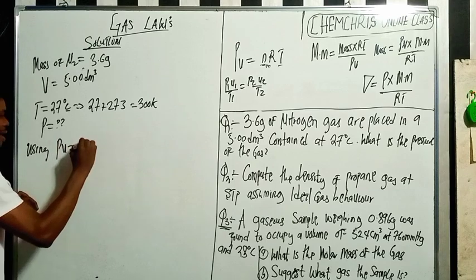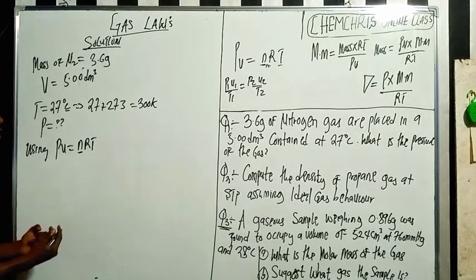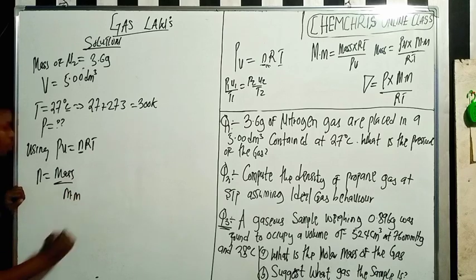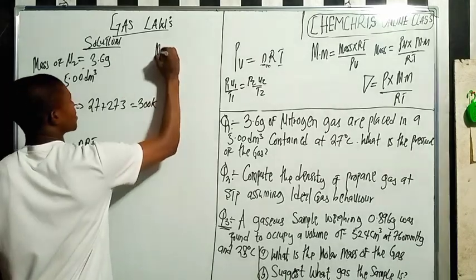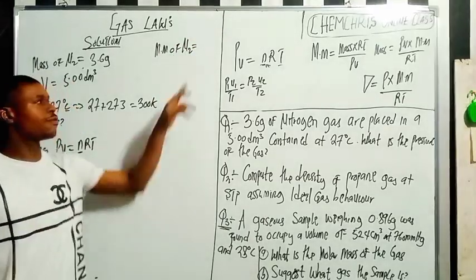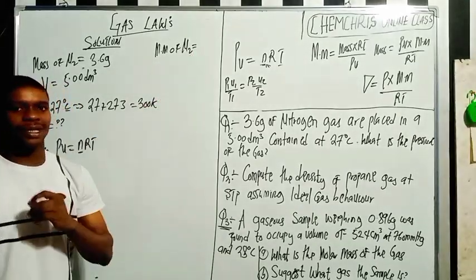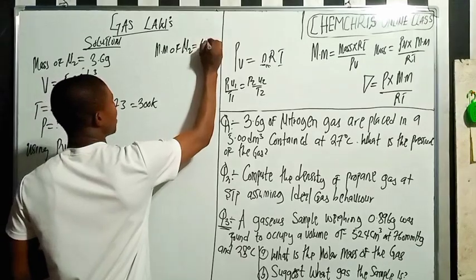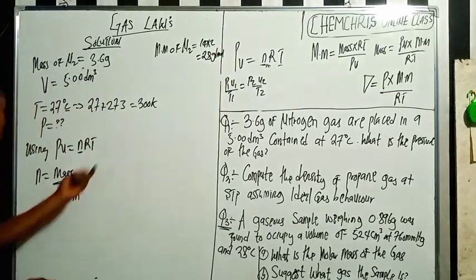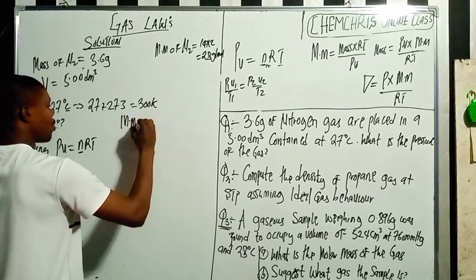So using PV equals nRT, right? From here, let me look for the mole of the gas, right? I know that mole equals mass over molar mass. So the question will be, what is the molar mass of N2? Right there. The atomic mass of nitrogen is 14. You understand? So 14 times 2 is going to be 28 grams per mole. Do you understand? So here we can see that the molar mass of